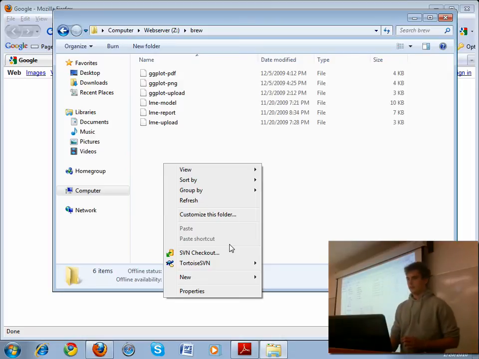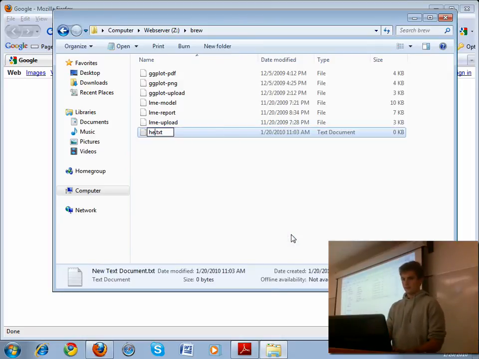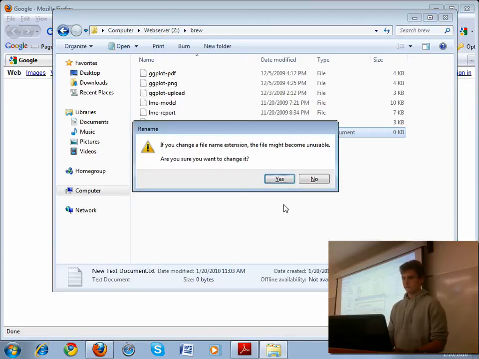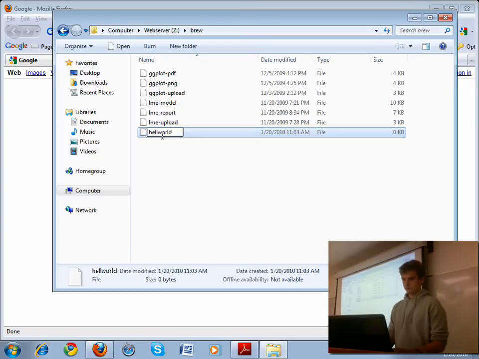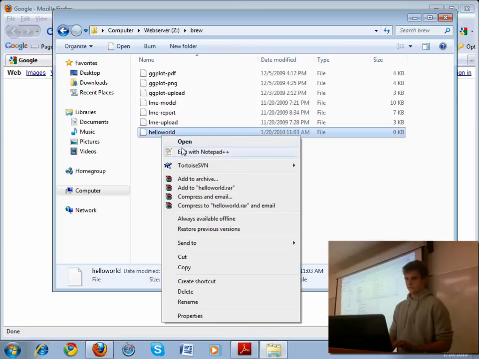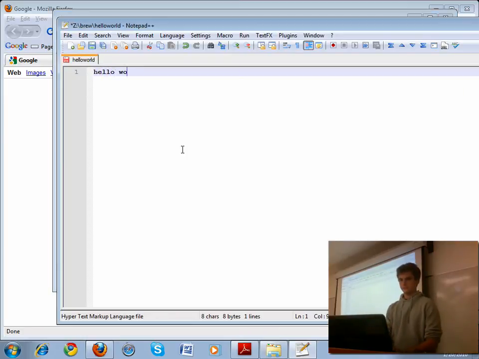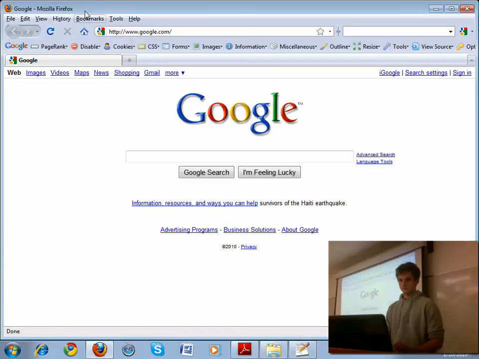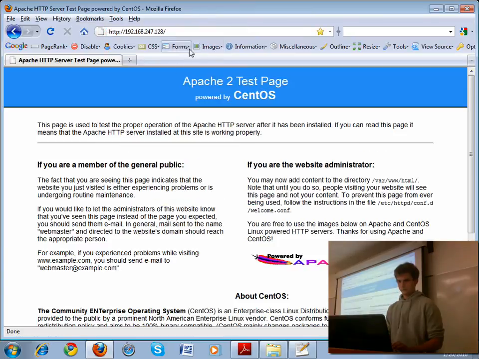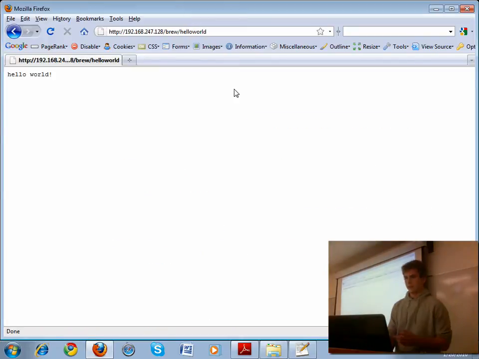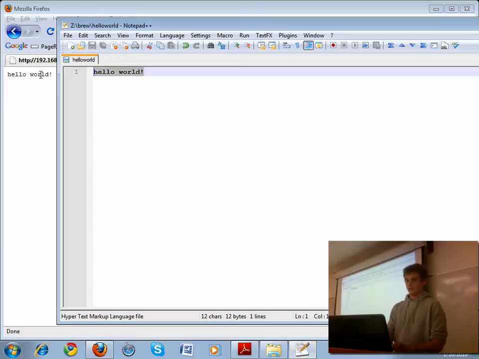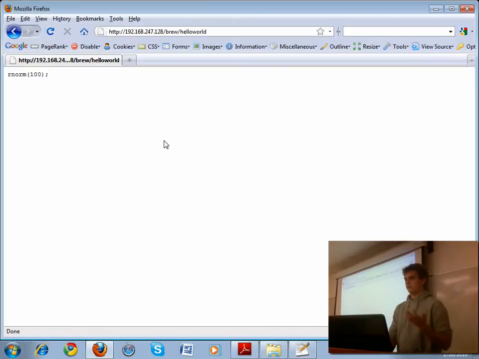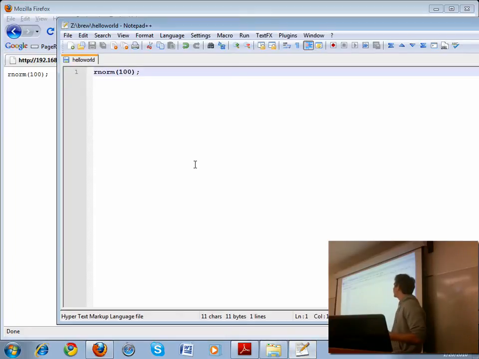So for example, if I create a new file in my web server and I call it hello world. So this is the file that I'm editing here, and it's now available from the browser. So if I add something here and I reload it here, it becomes available here. On this web server, I installed a special package. It's called Apache. The reference is at the end of the slide, and that allows you to embed R code